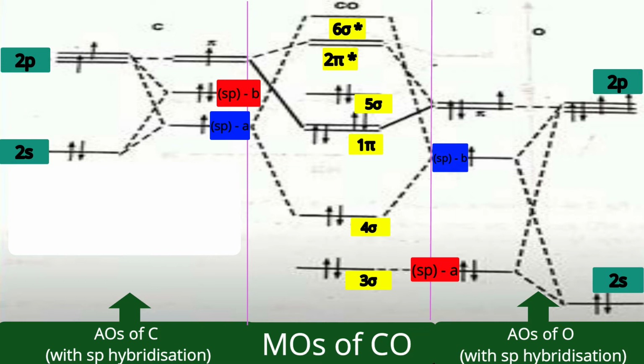Hybridization means, the concept remains with us, energy should be the same? No, students. It depends upon interaction. You will find there two sp orbitals towards oxygen. By red color labeling, I have shown the spa orbital, and by blue color labeling, I have shown the spb orbital. Here the spa orbital has more s character, therefore it is near to 2s, and the spb orbital has more p character, therefore it is near to the 2p orbital.